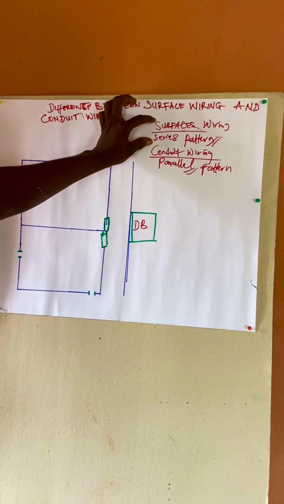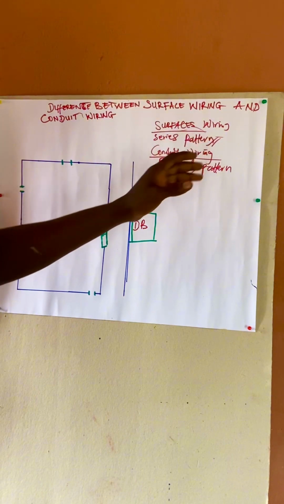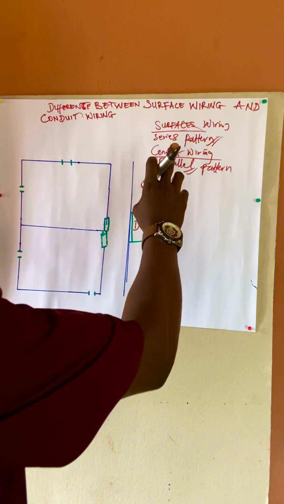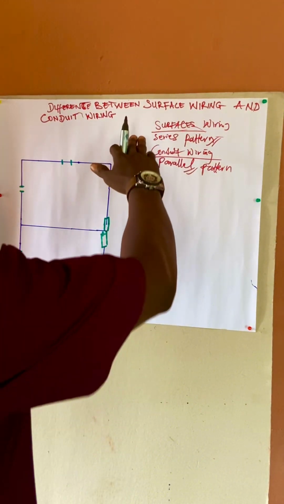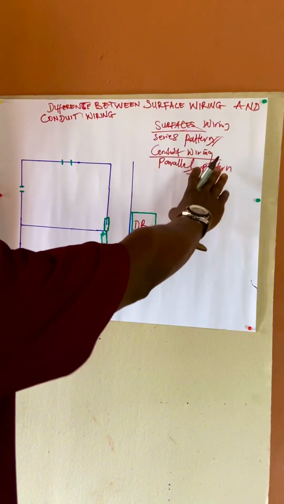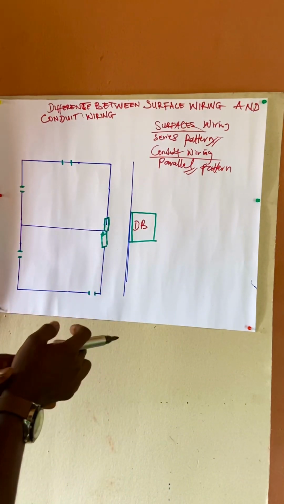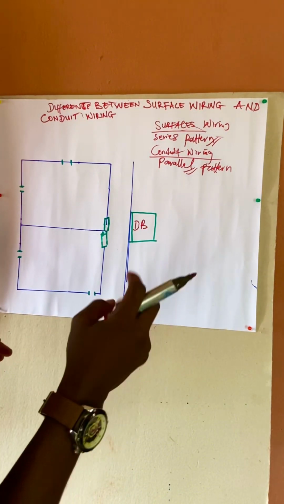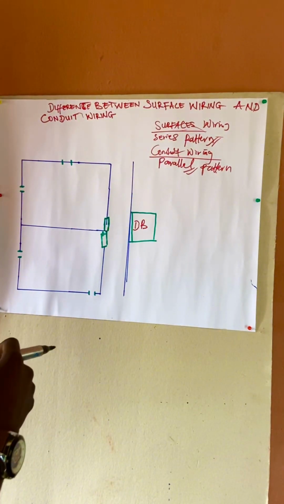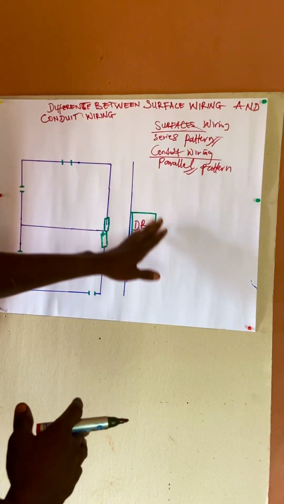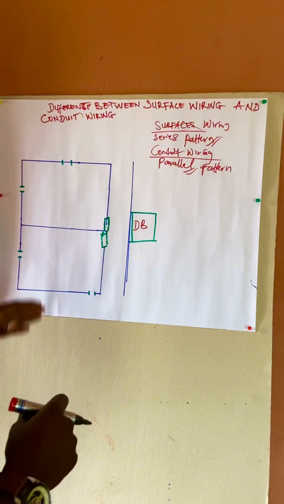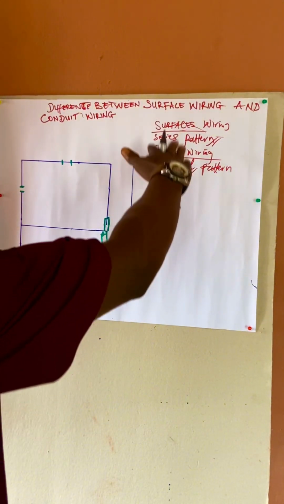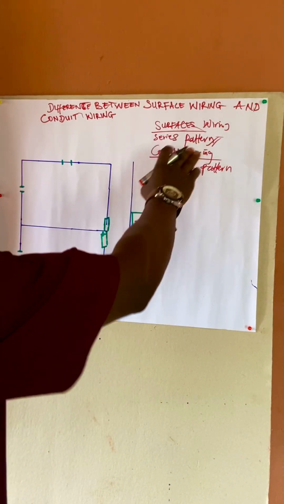Also, in surface wiring, the wire can be seen. We run a clip on the wall and you can see the wire. So that's another property of surface wiring. And in conduit wiring, the wires cannot be seen. We lay a pipe in the wall and the wires are run through the pipe that is sealed in the wall. So let's go down to full details, having known the patterns we use in surface wiring and